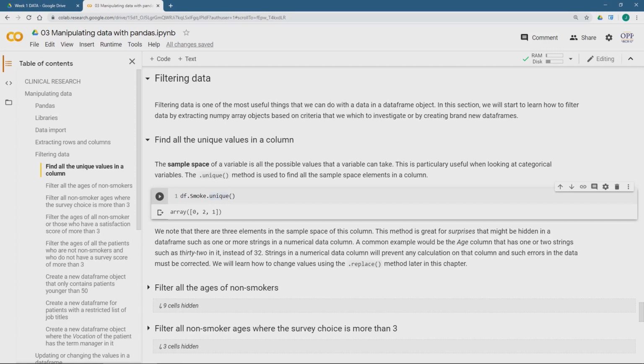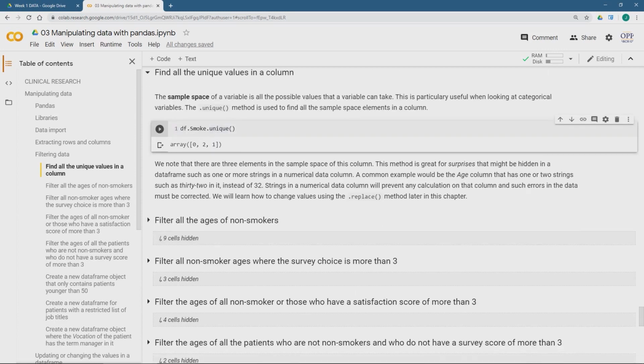And it helps a lot, of course, when we use it on categorical variables, not so much for numerical variables, especially when we get to floating point values, because then you're going to get back a lot of values. And so there it would be much better to use minimum and maximum. So let's have a look at